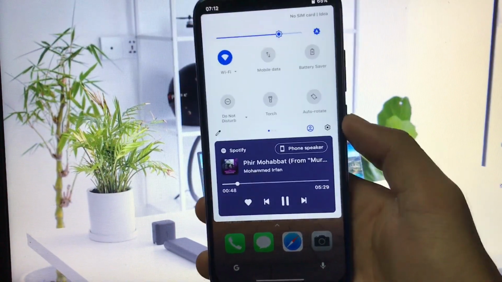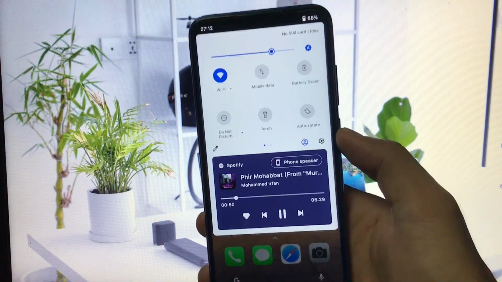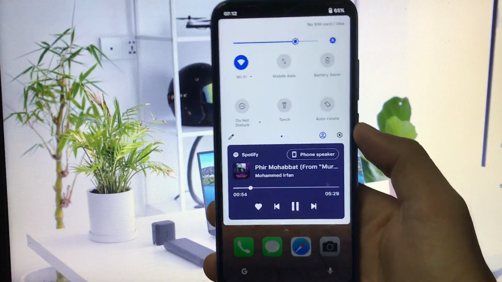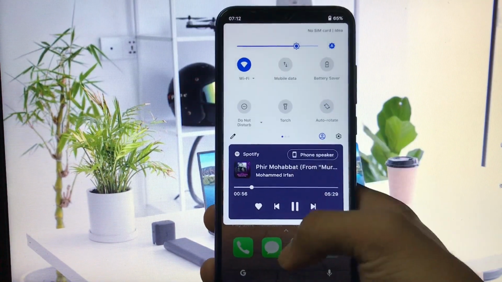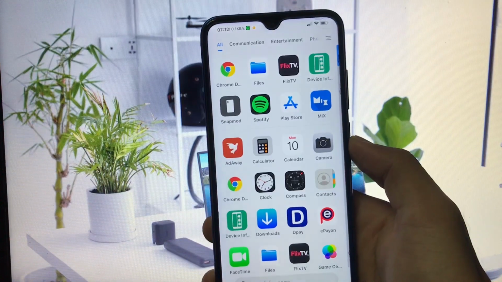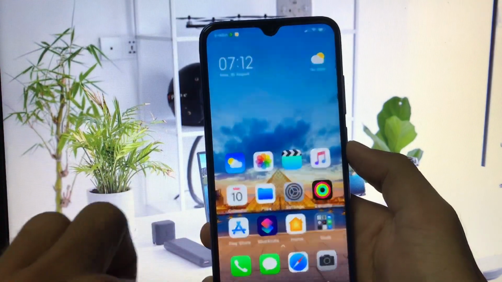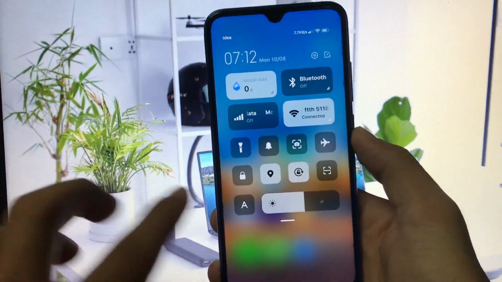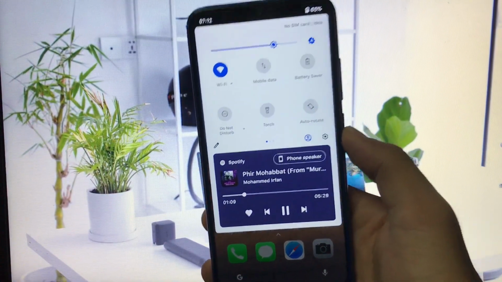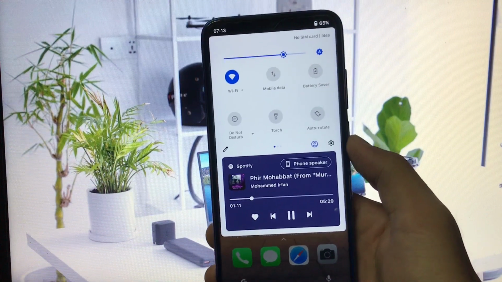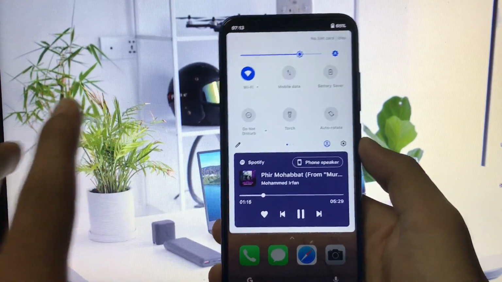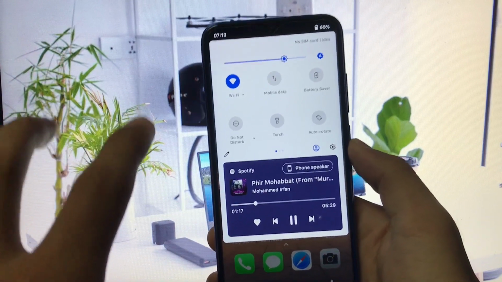Welcome back to Tech Karan YouTube channel, and as you can see we are using Android 11's notification bar on our Redmi Note 8, and I am using Xiaomi U Custom ROM, which is not actually based on Android 11. And if you swipe down, as you can see, I am using this normal control center, but when I swipe down from here and this, I am using Android 11's notification bar, which looks damn cool. You can see your music tile here, which you can only get in Android 11.